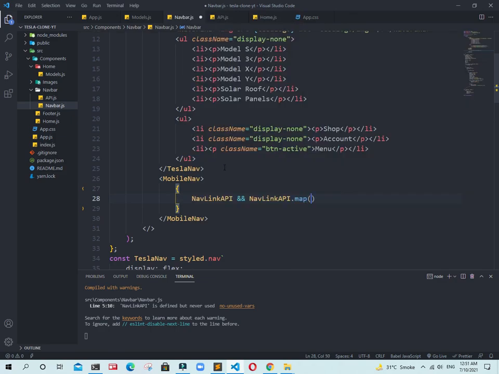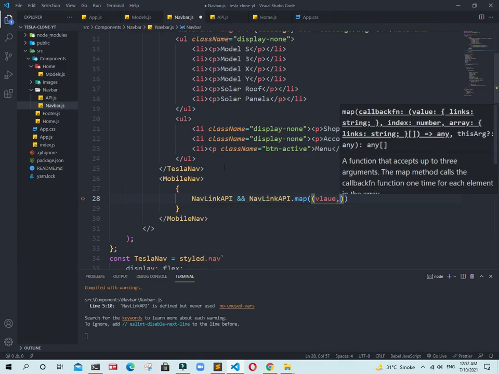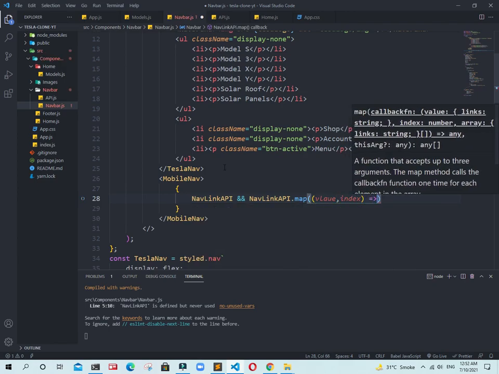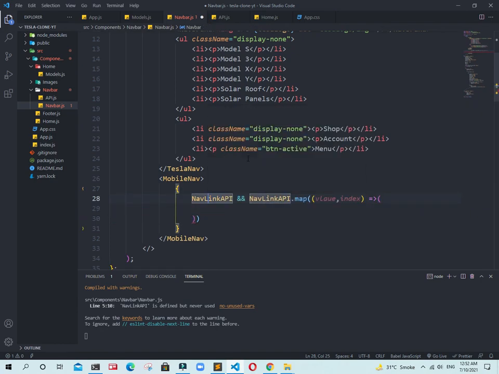Okay, I will explain all the logic there. If I just add a value or index there and add a fat arrow function, it always returns something. What is going to happen there? I just say that if the Navlink exists there, then you need to render the Navlink, otherwise you send me an error: your navlink does not exist.